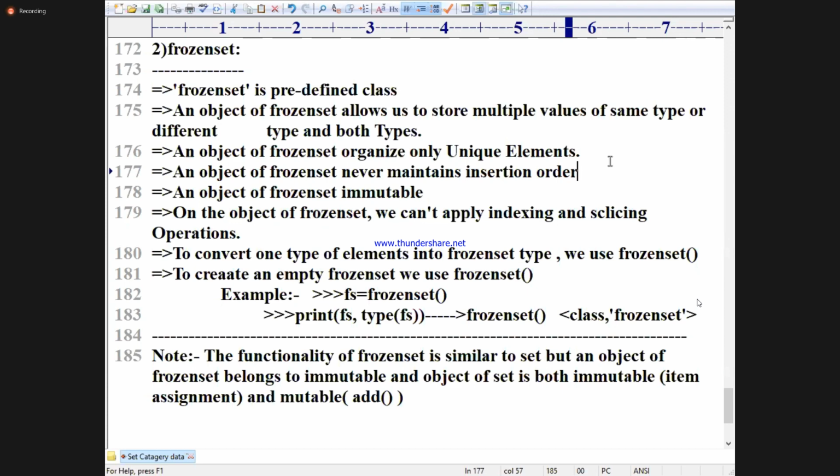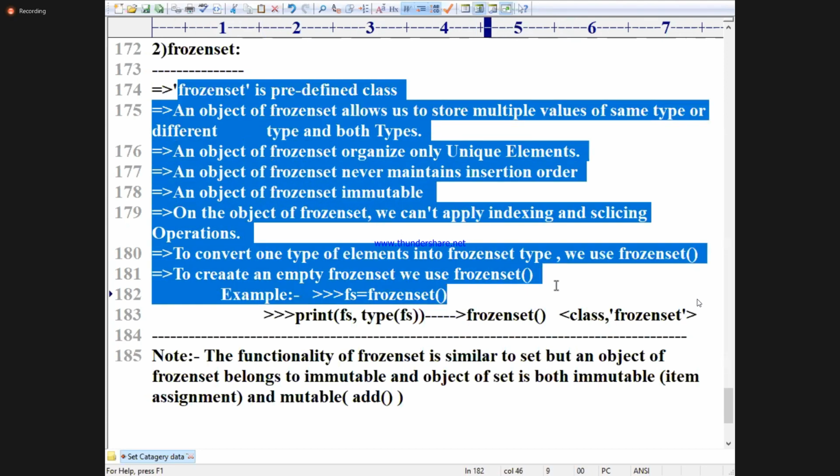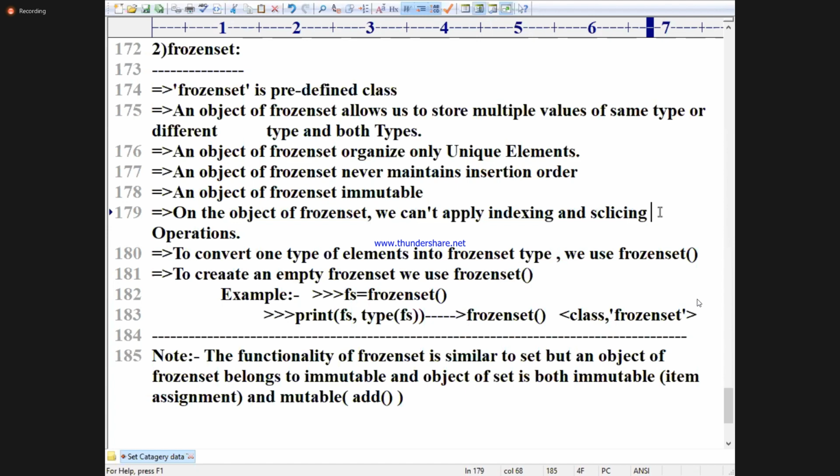You see any of the websites, you never get this many points, because I'm collecting from the complete python.org documentation and from different types of IDEs also: Jupyter Notebook, Anaconda, Spyder, IPad, IPython. All the points I'm clubbing and keeping in the notes. Slowly I will introduce IDEs also for you.